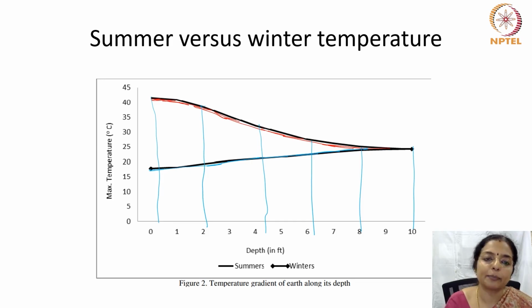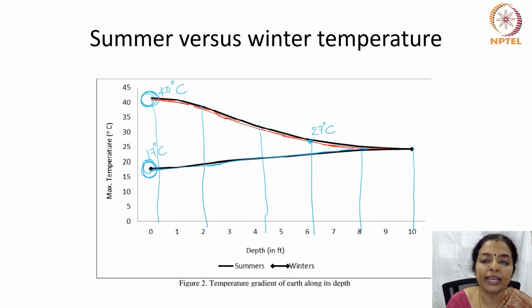And in this experiment, you can see that the ambient temperature of the earth on the surface during summer is about 40 degrees centigrade, and it is 17 degrees centigrade during winter. Then at about 6 feet, which is about 2 meters, the temperature of the soil during summer is